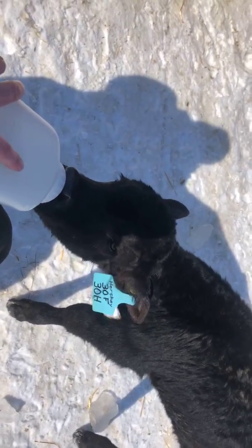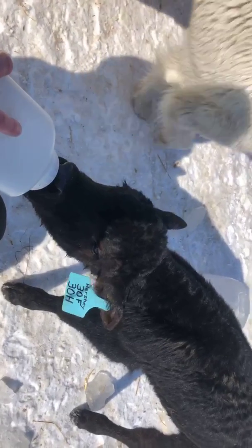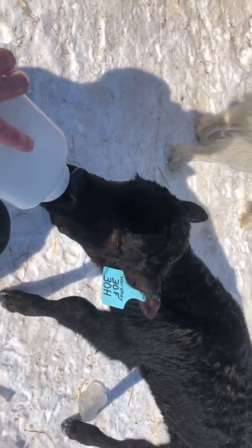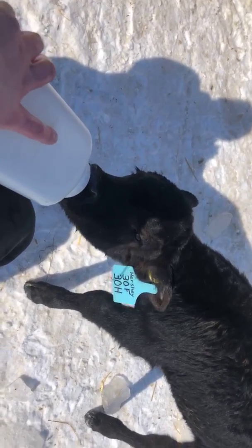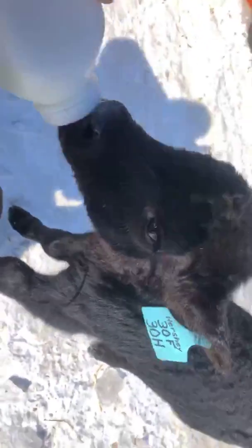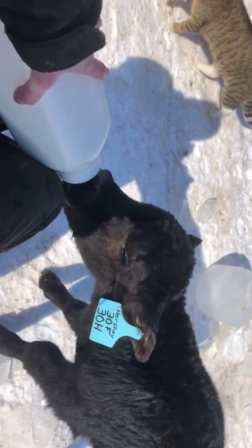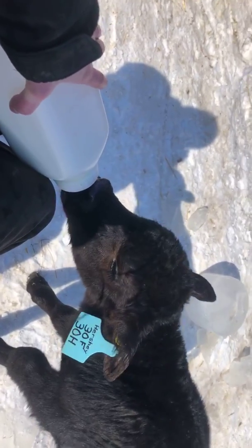So we feed these calves roughly 3 to 4 times a day. They get milk replacer, so it essentially has the same protein and nutrients that real milk from a cow does. It's not quite perfect, but it does just fine, and it gives them all the nutrients that they need. It comes as a powder, just kind of like some people's protein powder, and it pretty much smells the exact same. We mix it with water,